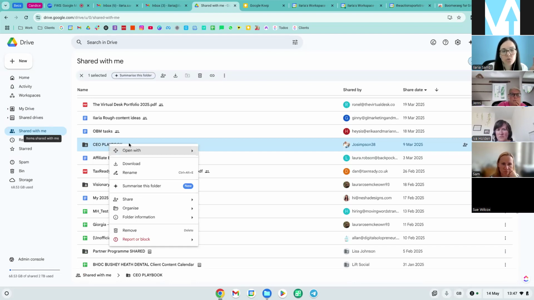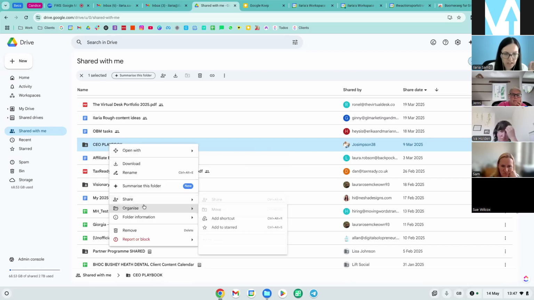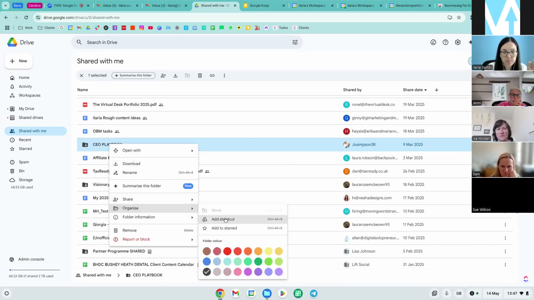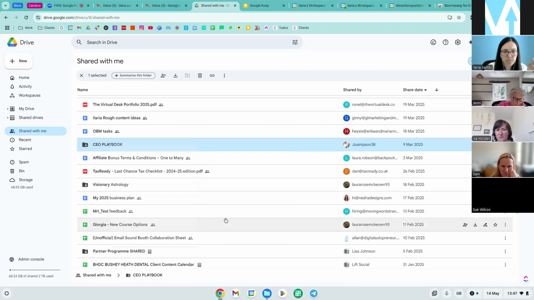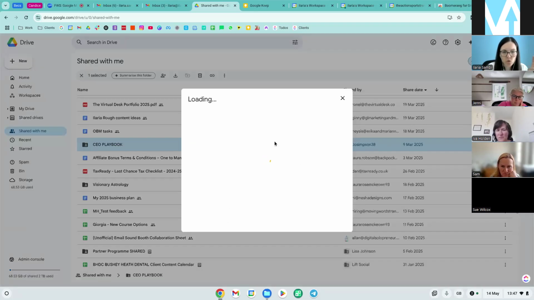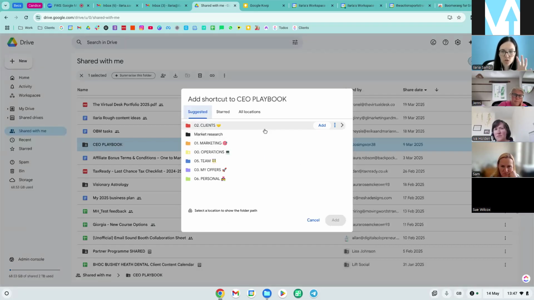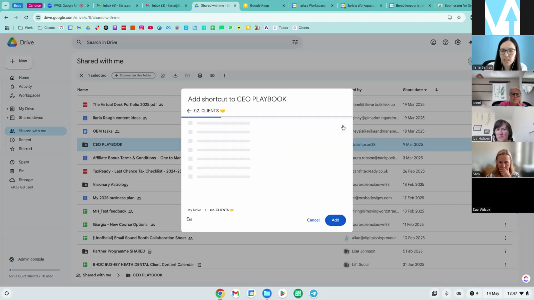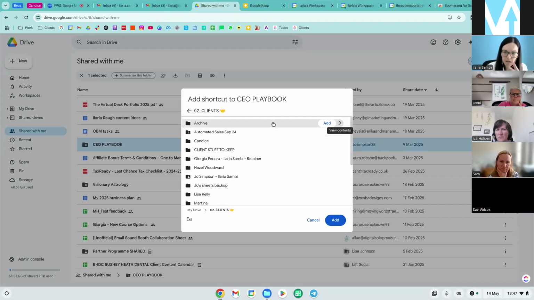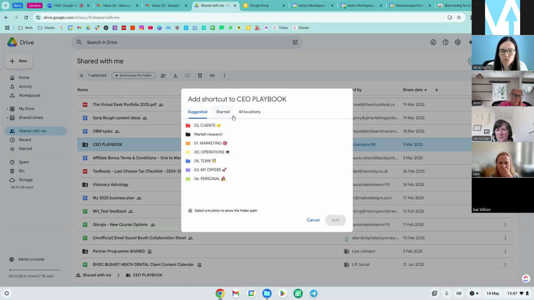So what you can do is right click, click on Organize and add the shortcut. This shortcut is just going to appear on your Drive. The client is not going to see it, but I have a way to have it in my stuff, in my Google, without having to tell the client, or without having to look for it in the Shared with me stuff.